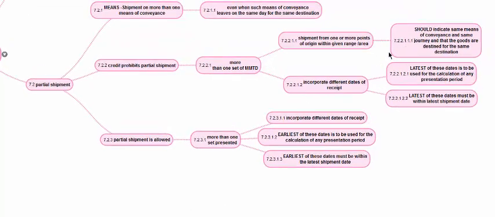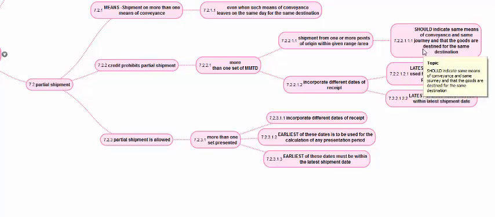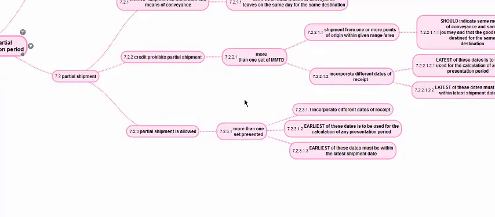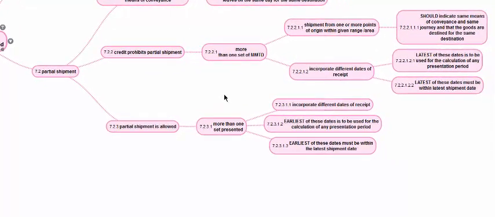You can also have a situation where it is an aircraft. An aircraft may have two or three touchdowns, maybe from Paris to Frankfurt to Berlin, then it flies across to Russia, suppose. It's the same conveyance: same means of conveyance means same aircraft, same journey means the same flight, though it has layovers at these airports. If destined for the same destination, say Moscow, it will not be considered partial shipment, and it can be acceptable because it's a multimodal transport document, and this is an air transport leg that we are discussing here.